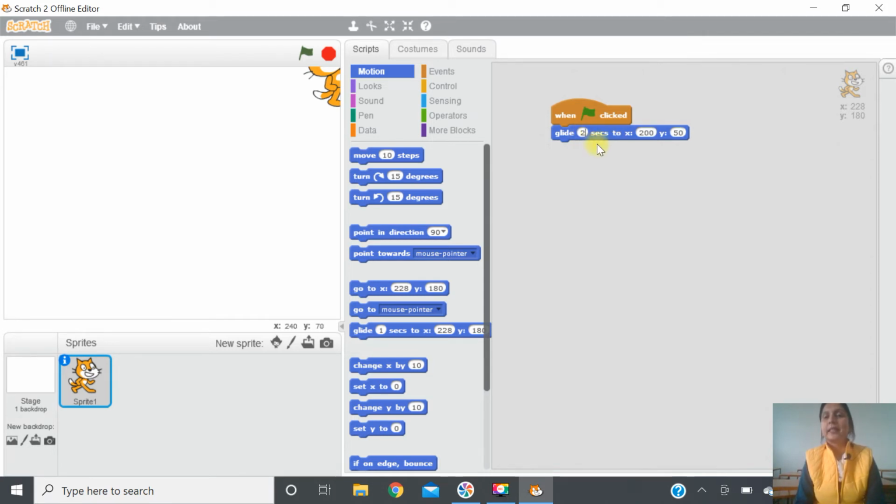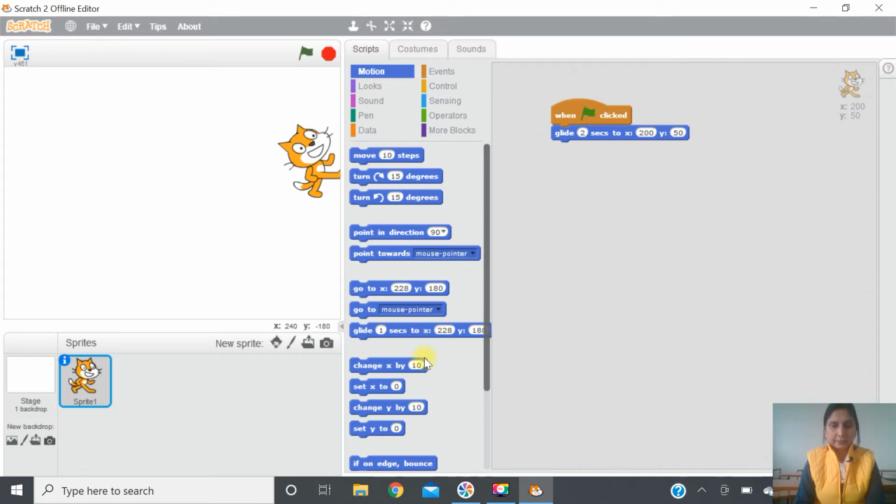So it means in 2 seconds the sprite will go to the coordinates 200 and 50 when I click on the flag. So let's see, when I click on the flag it reaches that point. Fine. So glide means to change the position of the sprite in the duration of the given time.